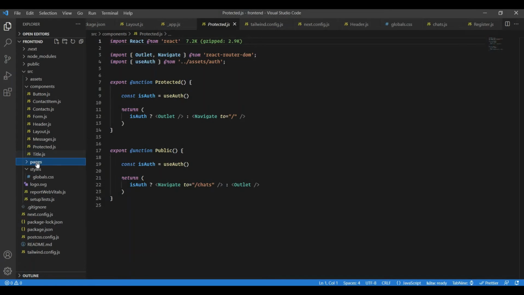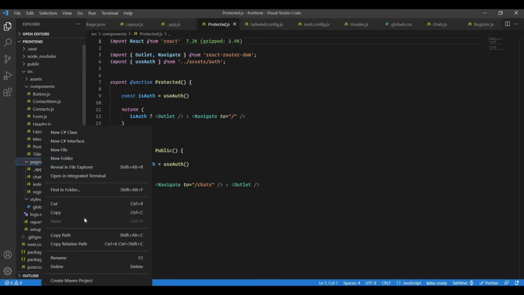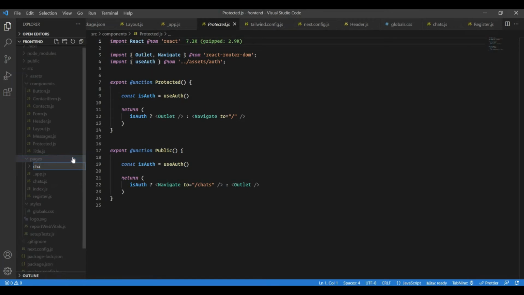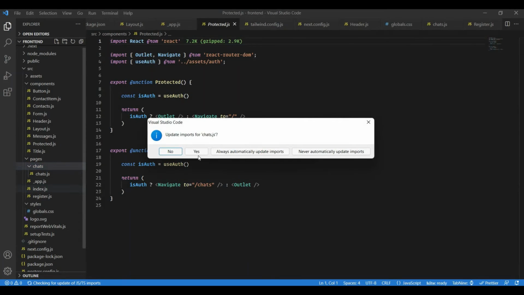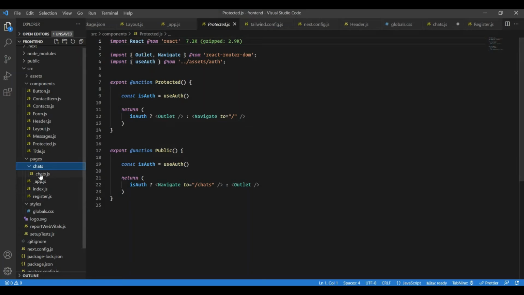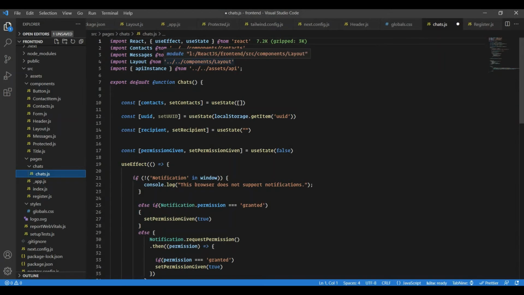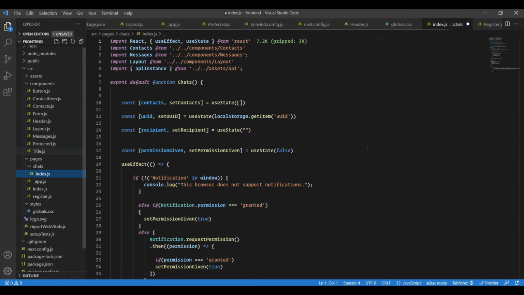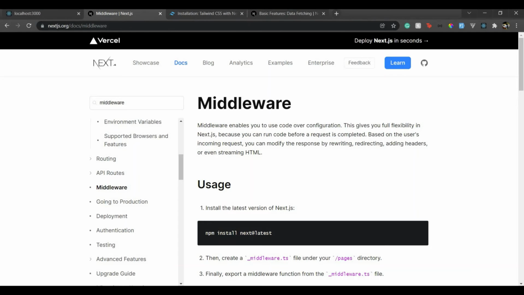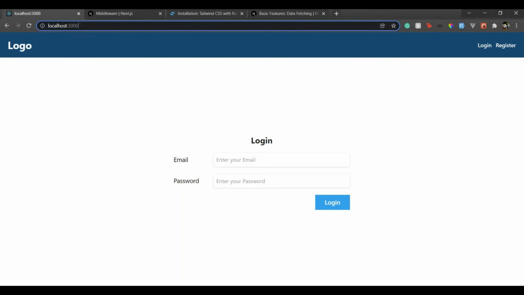So for that, inside this pages folder, I'll create a new folder called chats, and inside this I'll put this chats.js into chat, and to this chats. Let me see if we are taking components correctly. So two directories up, yeah. And then here we will just rename it to index.js because this will be our root path. Let's quickly check if it's working correctly. If we go over here to chat,